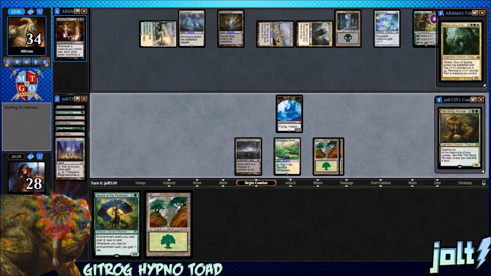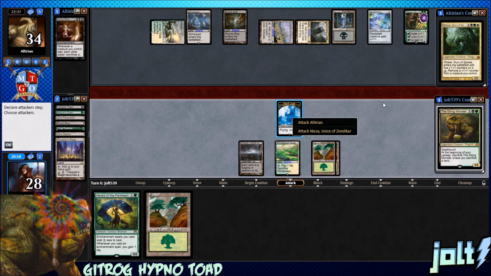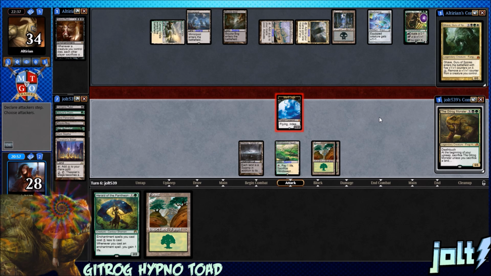Coming in hot, coming in hot. Merit Lage token. Love Merit Lage. Whatever that little blue body is, but you can kind of see the eyes in the face. We're not going to swing in at Nissa. We're going up top because we have a 2-turn clock right now coming in, and that puts them